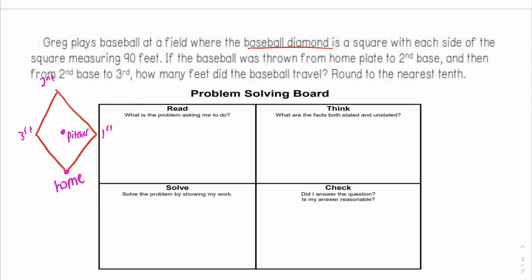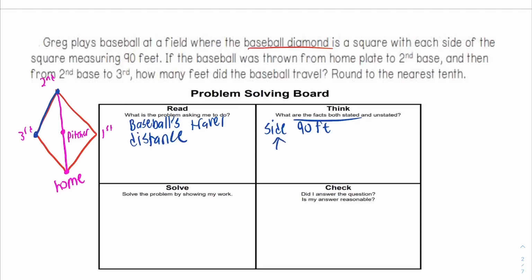It says it was thrown from the home plate to second base, which means it went like this, and then it went from second to third base. Then it went from here to here. It wants to know how far did the baseball travel. So we need to find the baseball's travel distance. The facts are the side of a square is going to be 90 feet,